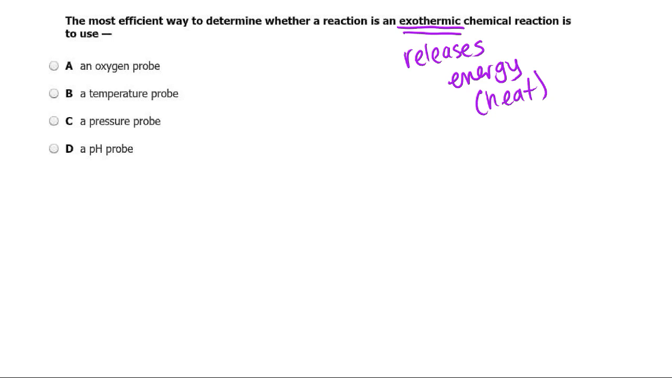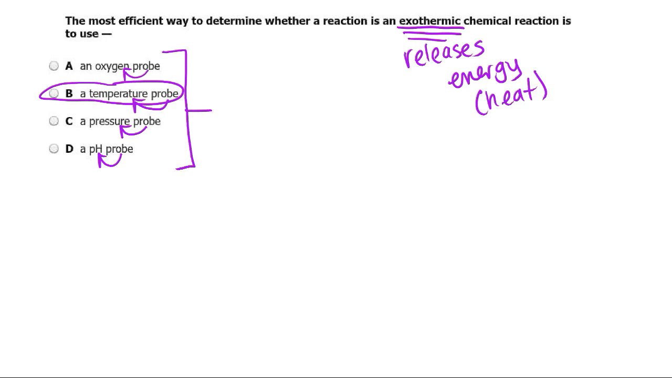And heat can be measured using a thermometer. And the word thermometer is not on here. But temperature probe would be the next best option, because temperature probes measure temperature, just like oxygen probes measure oxygen, and pressure probes measure pressure, and pH probes measure pH for acids and bases. So if something is releasing energy, the way that you can determine if it's exothermic is to see if there's